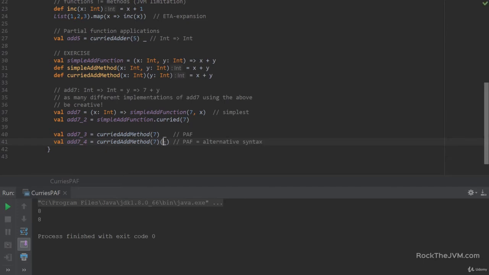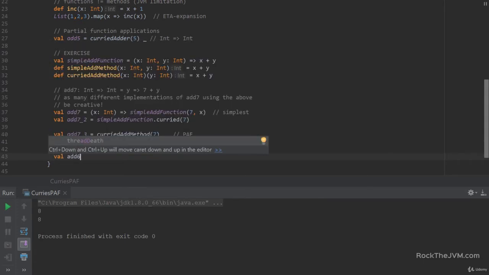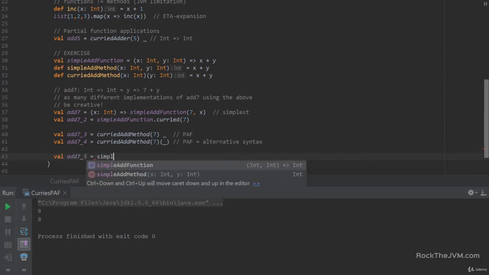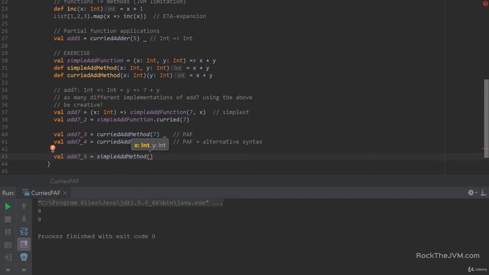But this alternative syntax with underscore also works for non-curried methods. And here is where I will cheat and give you some versions here that you probably had no idea existed. So I'm going to say add 7 underscore 5 equals simple add method, and I'm going to pass in the first parameter, and the second parameter I'm going to use as underscore of type int. So this is, again, alternative syntax